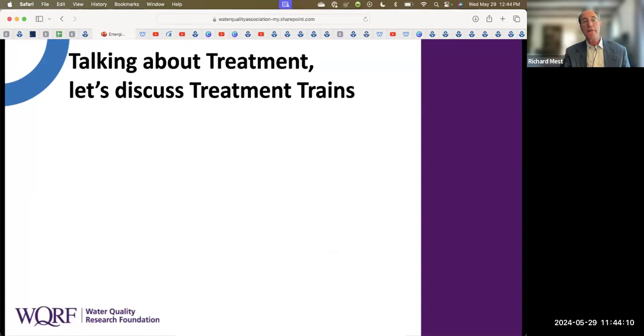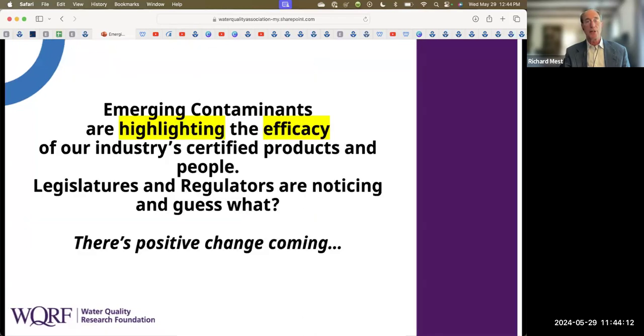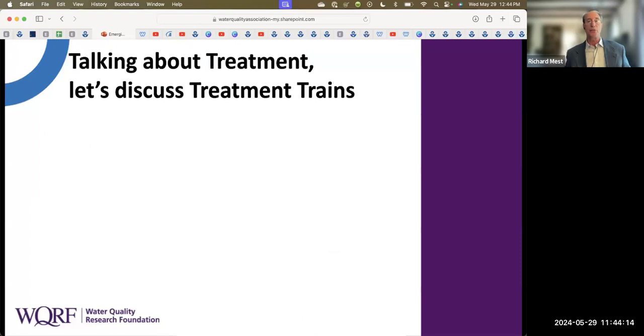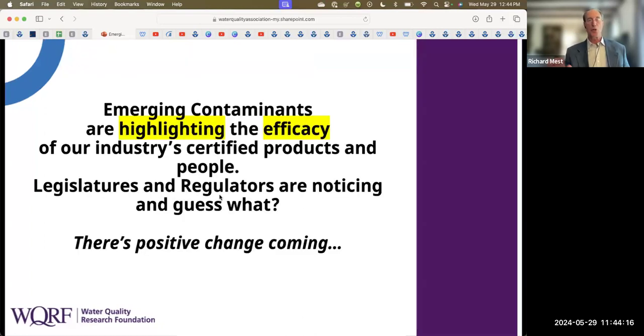And I don't know why that's not coming up there. So I'm going to go back here for a minute, a treatment train. And there's supposed to be a really cool train there. But I want to talk about treatment trains. So the previous slide,